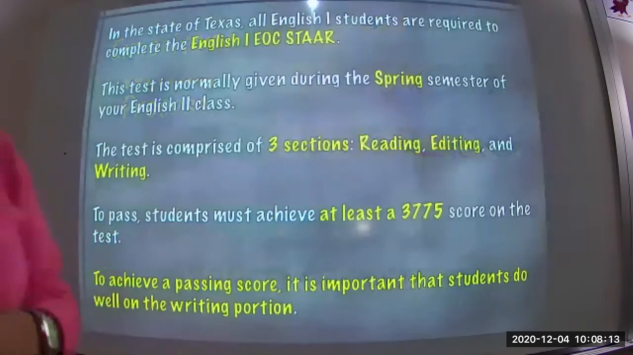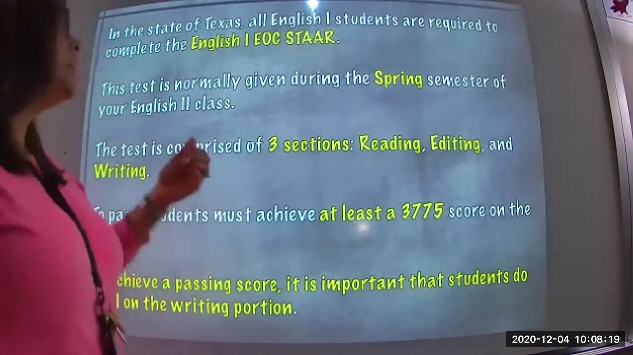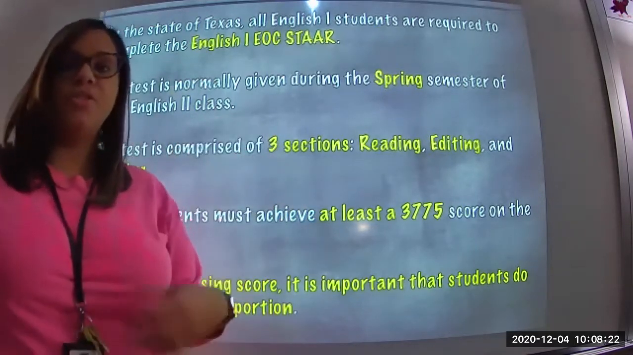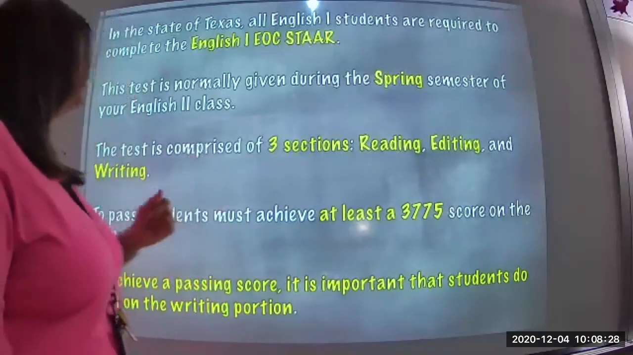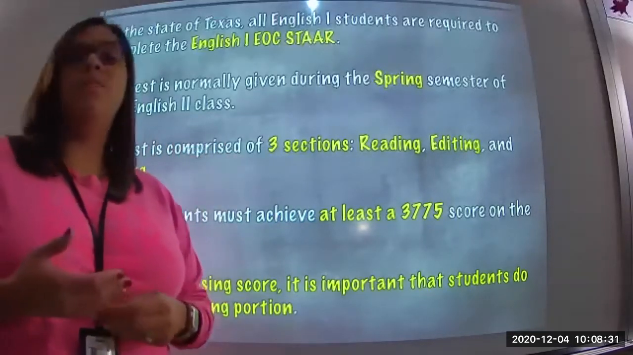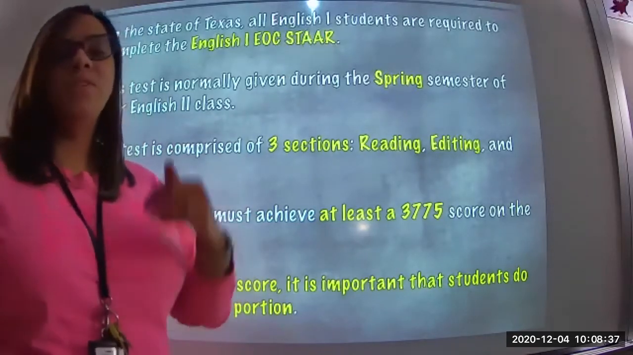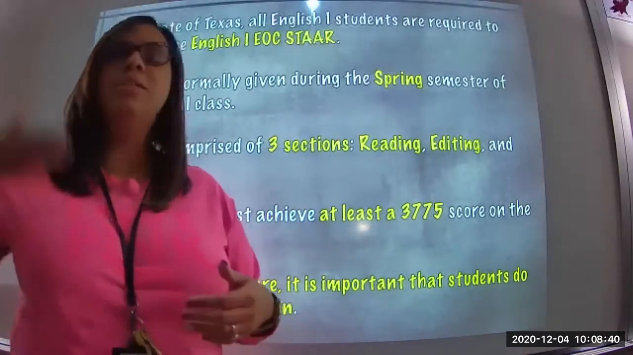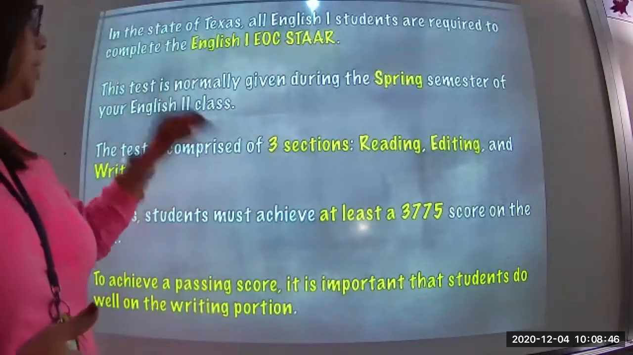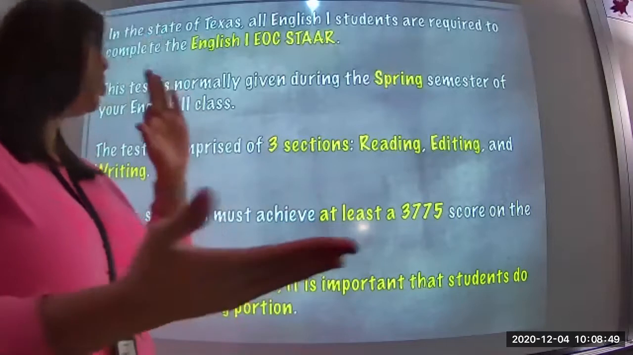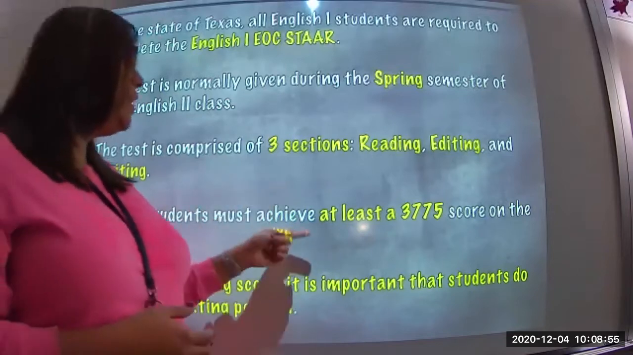Okay, so as you all know, in the state of Texas, you're required to pass certain STAAR assessments, and one of them is the English 1 EOC. This test is normally given during the spring, but for those who fail to pass it, they give you multiple opportunities to continue to take it until you reach a passing score. It's comprised of 3 sections, which are reading, editing, and writing. And to pass, you need to achieve a score of